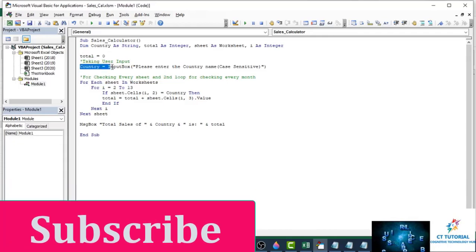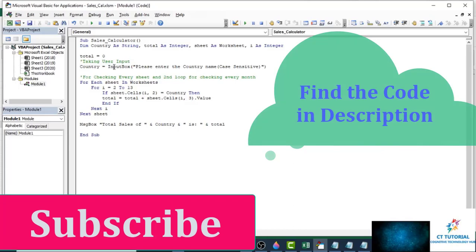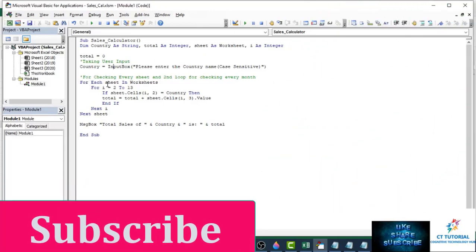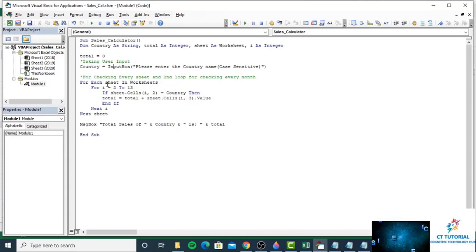It will take the user input by using the input box. Then I have written the for each loop which will check each sheet, and then the for loop which will check row 2 to row 13.